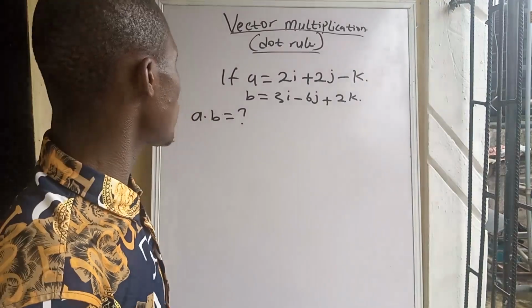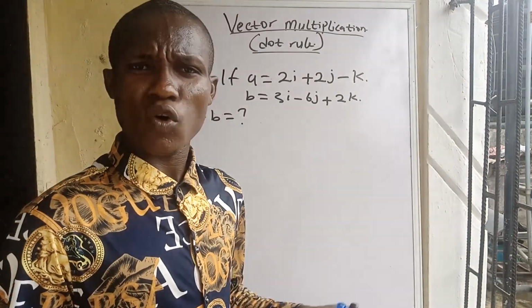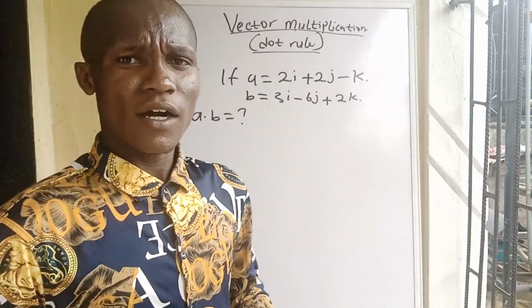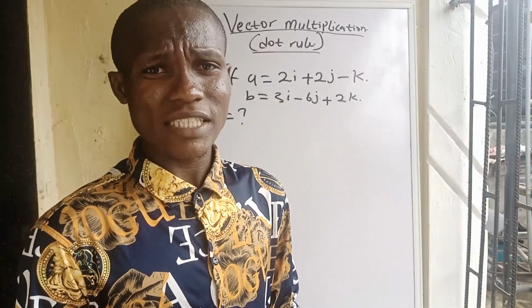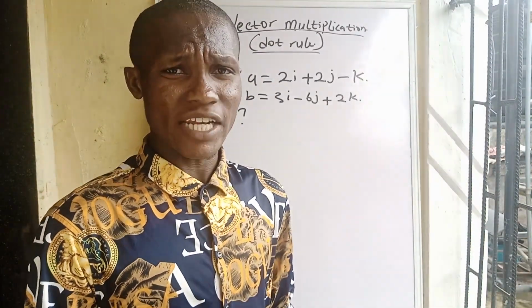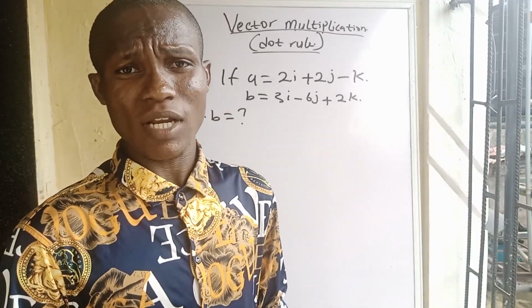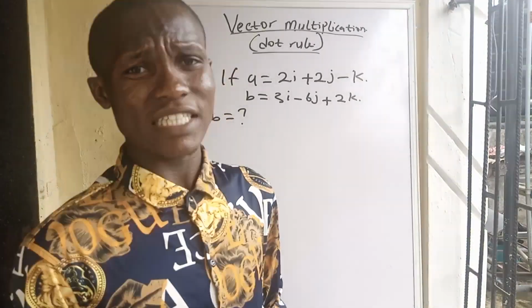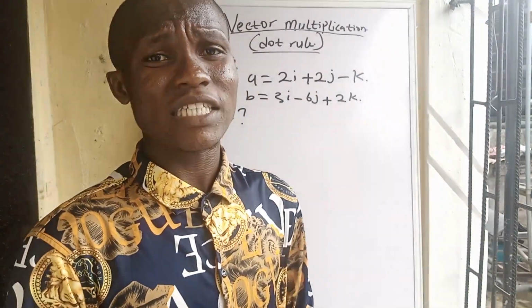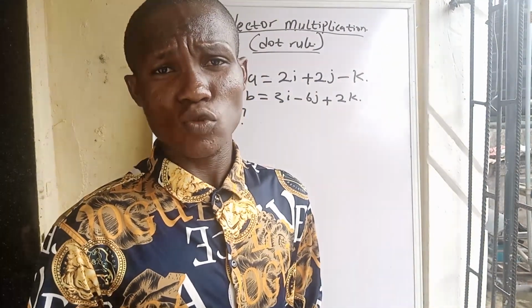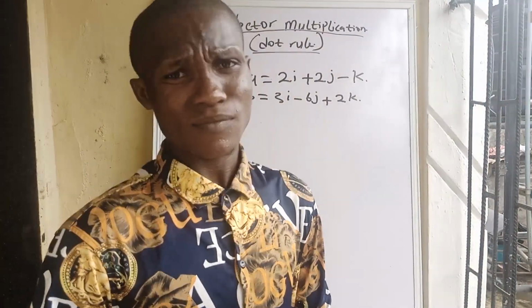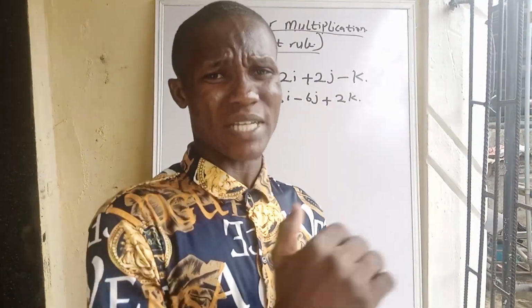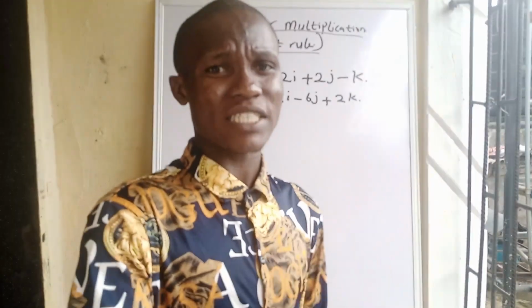Before we go into the dot rule in vector multiplication, what is a vector, if I may ask? Let me give you a simple definition. A vector is a quantity that has both magnitude and direction. The direction there is what differentiates it from a scalar quantity. Scalar quantities always have magnitude but no direction. Magnitude is in terms of sizes and lengths, while direction is in terms of specific places or